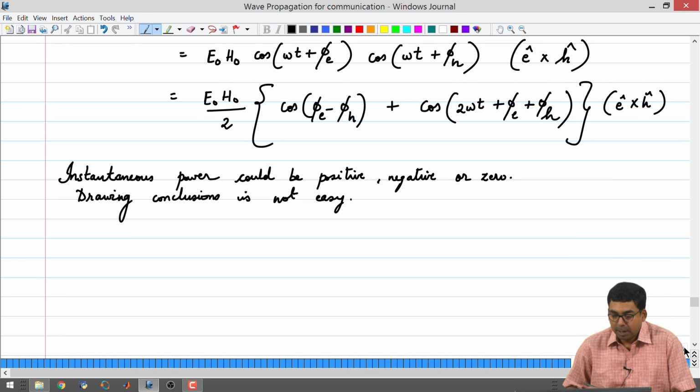Now, one of the things that we look at is that the right hand side is depending upon time. At some instant of time you are having positive power, at some other instant of time you could have negative power, at another instant of time you could have 0 power, etc. Which means that we need to look at a quantity that is not dependent on time to make some meaningful analysis. And that quantity is known as average power density, which is similar to your electric circuits. So, you will be having average power in your electric circuits. So, similarly you are having average power density over here.